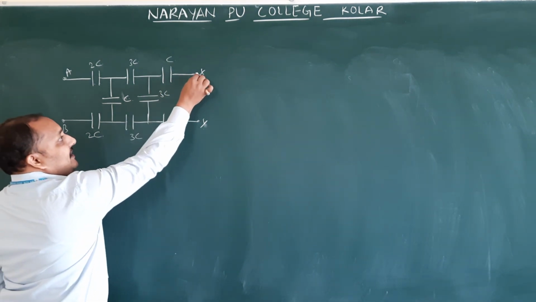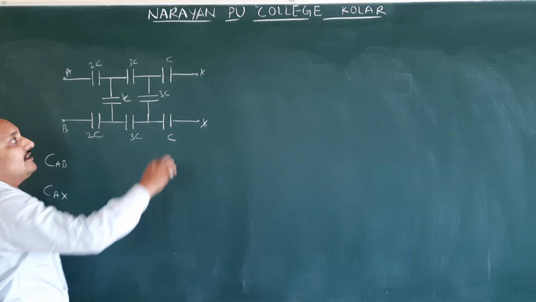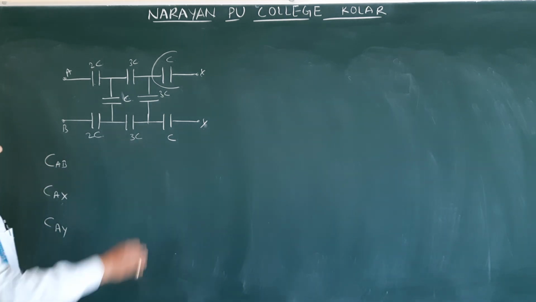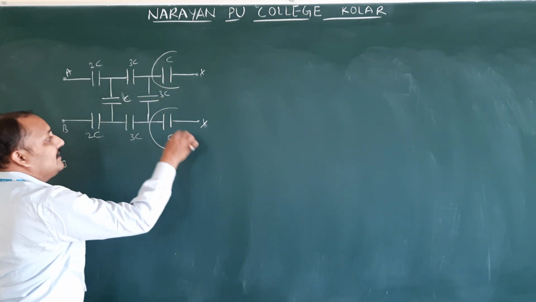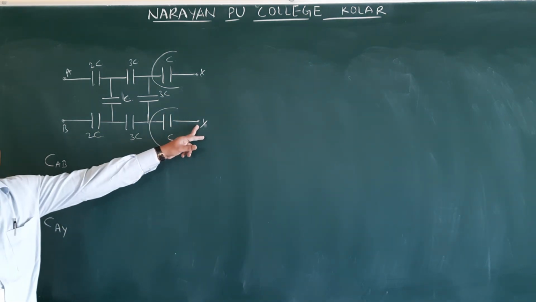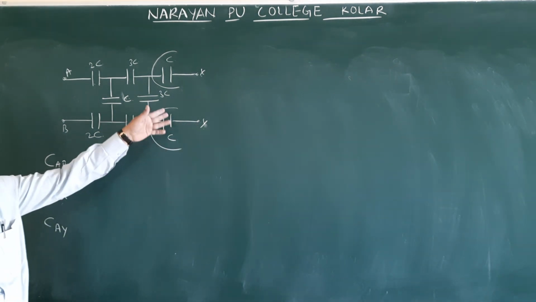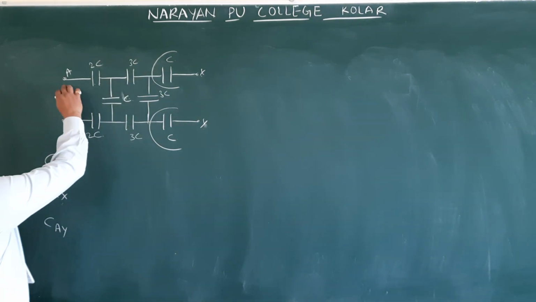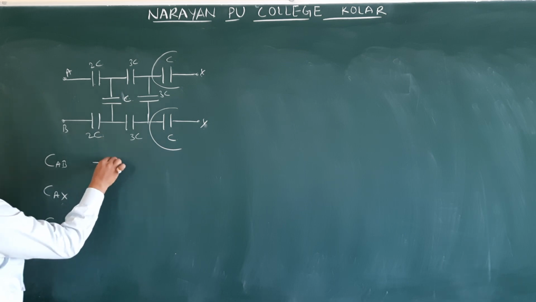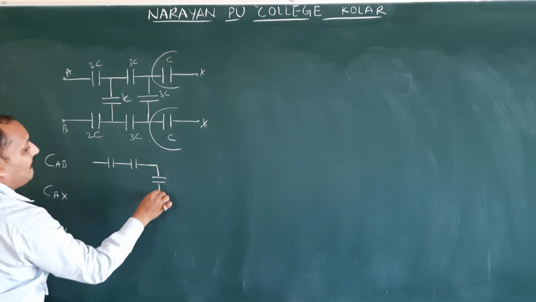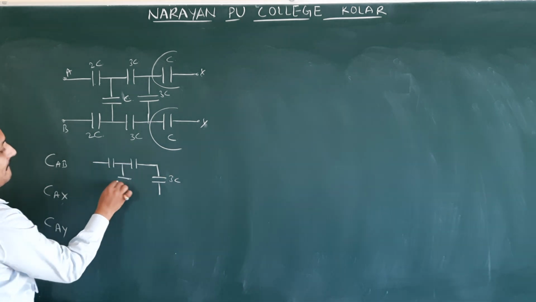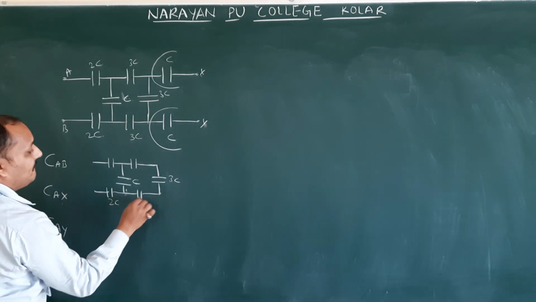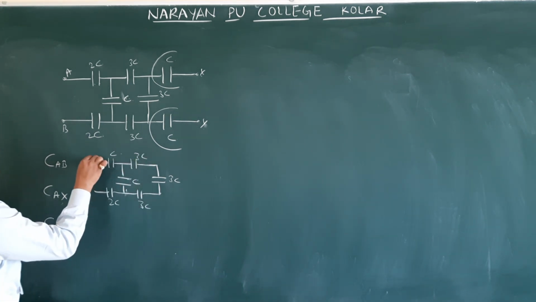This X is connecting where? The second end is not connected anywhere. Therefore, we have to remove this one. Even if it is connected, there is no use of that capacitor, so we can remove this. Like that we can remove this also, because the second end is not connecting anywhere. That is a free end. Therefore, this capacitor is not there in the circuit. If you remove these two, the remaining circuit is very simple for you. The remaining circuit you will be getting like this: 3C, this is C, this is 2C, this is 3C, this is A, B.